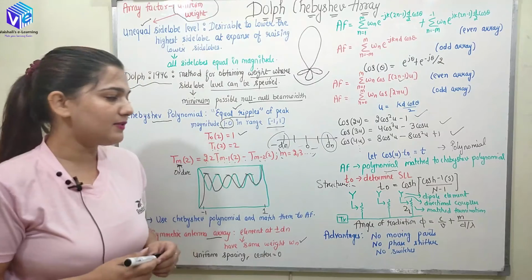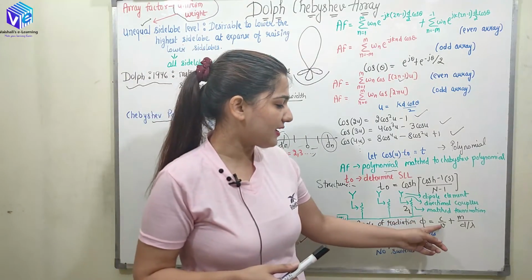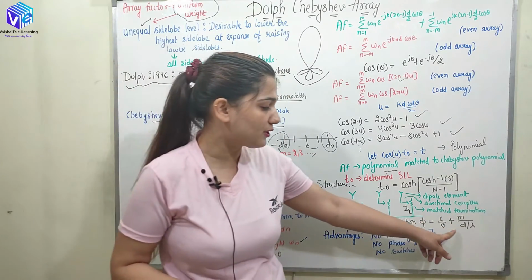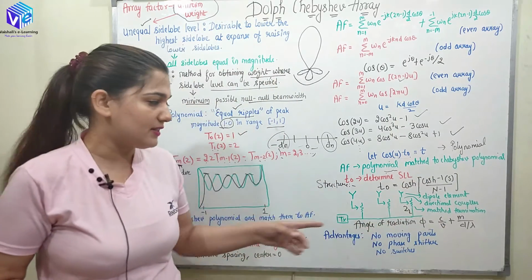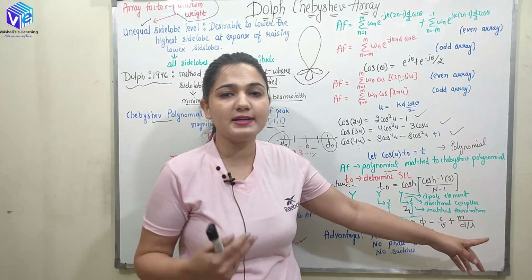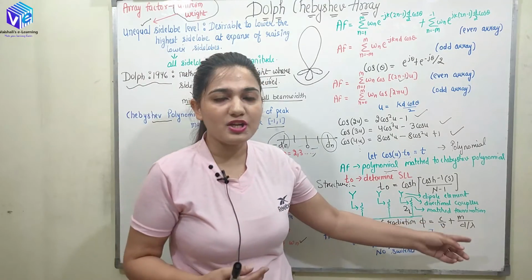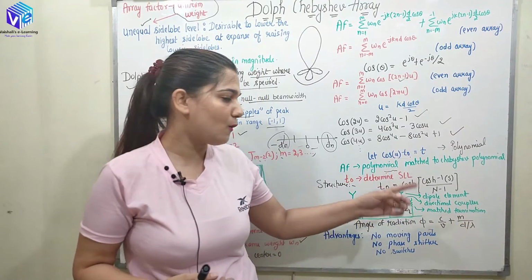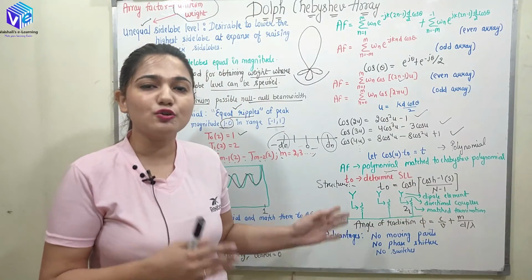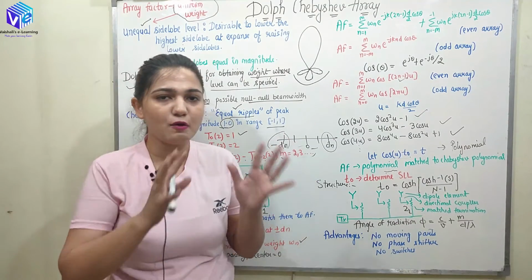Right? So now here we can find out the angle of output radiation also. The angle of output radiation phi can be given as C upon V plus M D upon lambda. So you can see angle of output radiation depends upon the frequency. C is the speed of light, V is the phase velocity, M is the mode, D is the distance between two antennas, and lambda is the operational wavelength. So this is how I can change the operational wavelength, and if I change the operational wavelength, I will get the angle of radiation to be different. So if I change the frequency, I will get the different angle of radiation, plus all of the side lobe levels are also normalized.